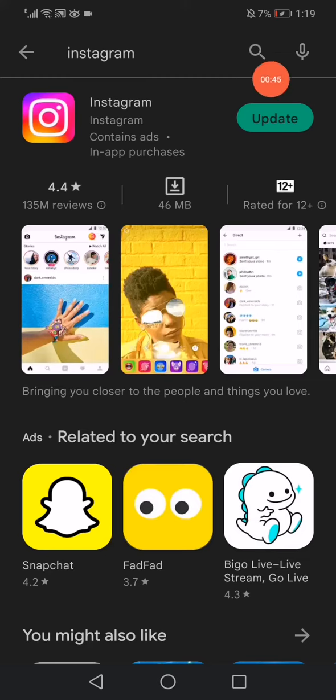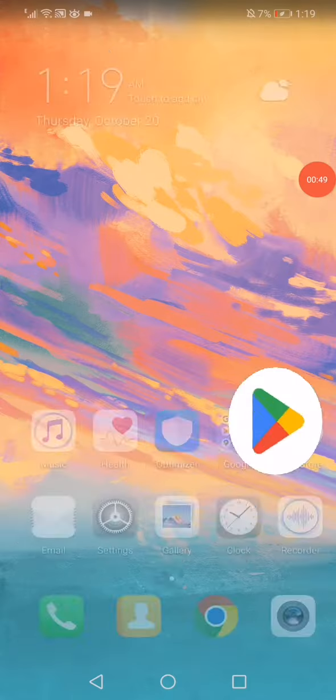and make sure if there is an update, click on update and then restart your phone and